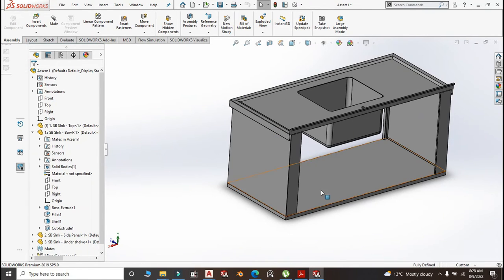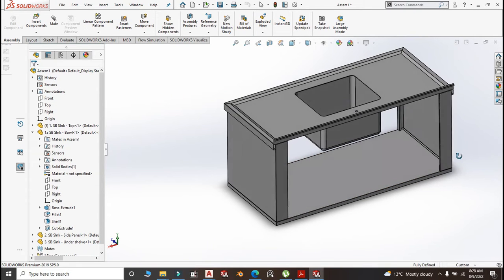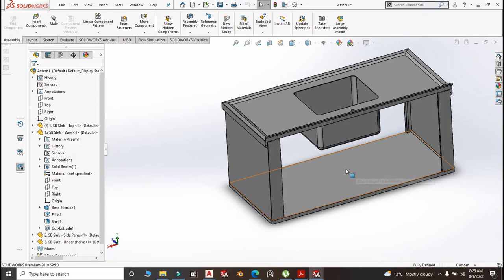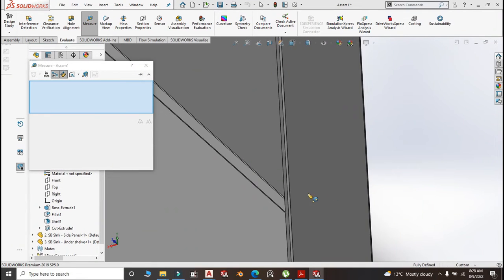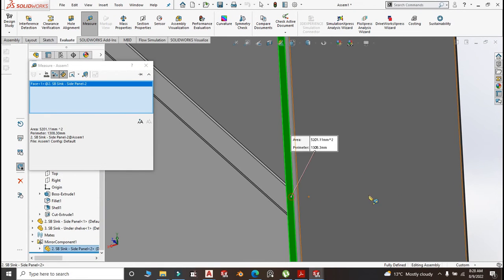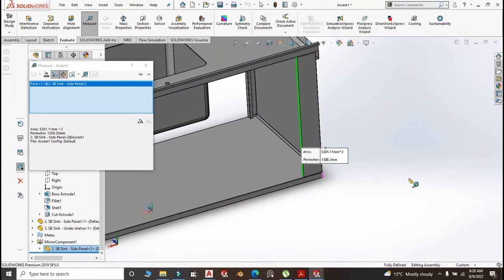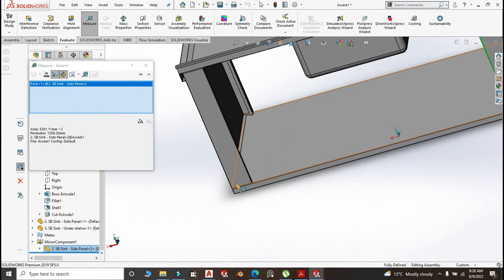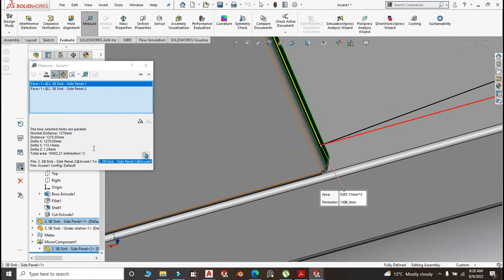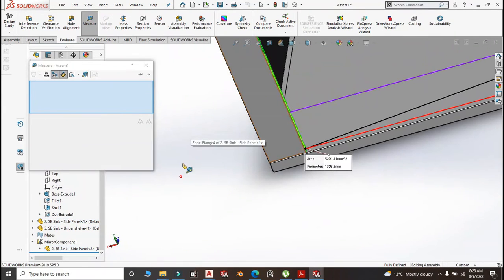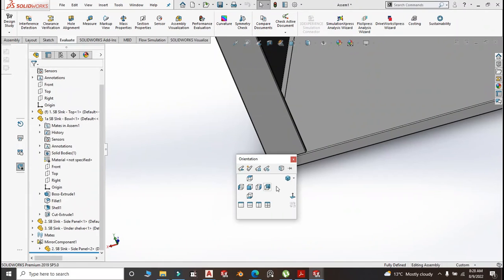And again, this also reduces the size of the material that you are going to be using for the back panel. Hence, you will be saving on materials. Let us evaluate and get the size of the back panel. From that face to this face, we are measuring, and the size should be 1270. So we create the back panel,